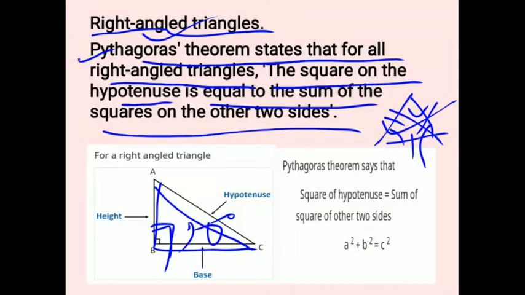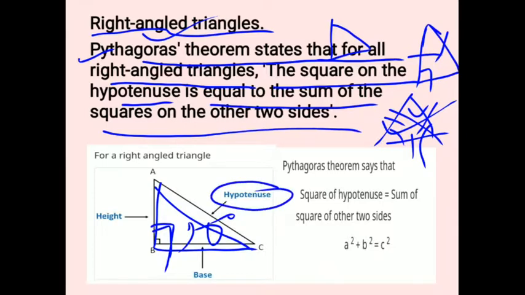Okay, so if this is your right angle triangle, let me make a right angle triangle here. All right, so if this is a right angle triangle, this will be considered as the height, or altitude, which you have studied in the second property, that is your height which makes 90 degrees. And this side will be considered as the hypotenuse, as you can see there. Here is the hypotenuse, here is the height where the 90 degree angle is formed, right? And the bottom, where the height and this hypotenuse are standing, is considered as the base. So this part is your base. Okay, I hope you have understood this.